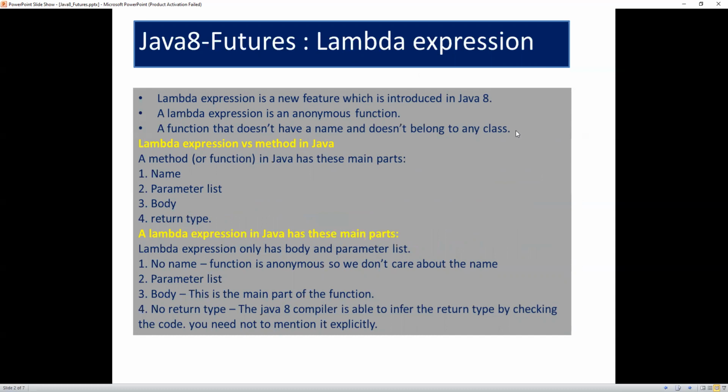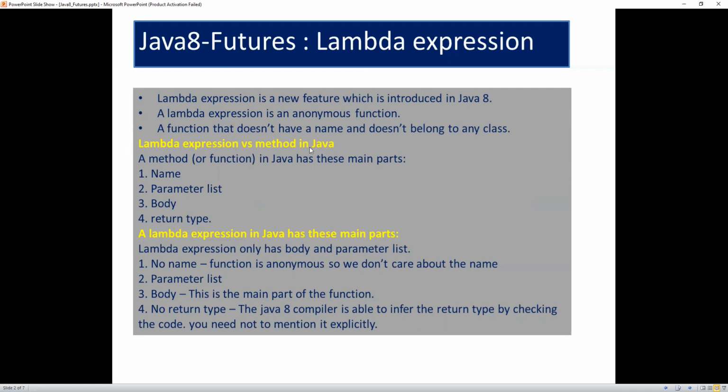It is an individual, open function where we can provide the implementation for interfaces. Which interfaces? Functional interfaces. Lambda expressions are especially designed to provide the implementation for functional interfaces. We will see examples of how we provide it. Right now we are just knowing what lambda expressions are and their purpose.